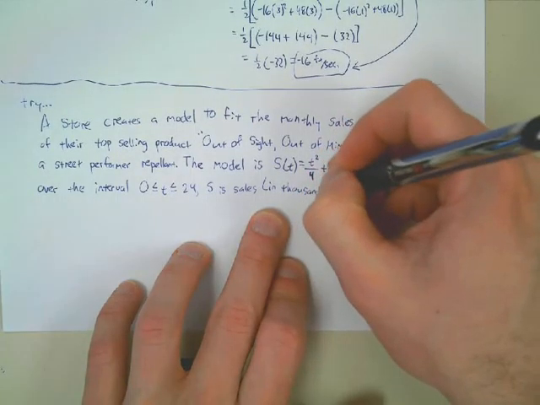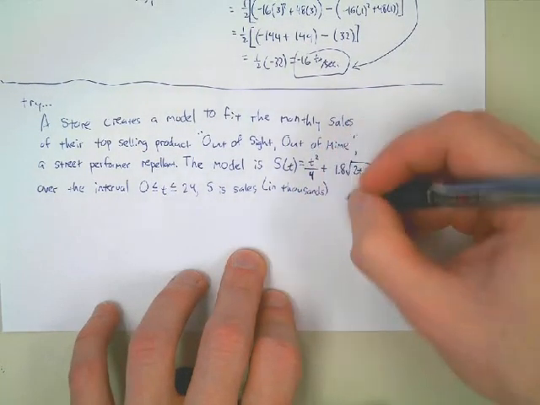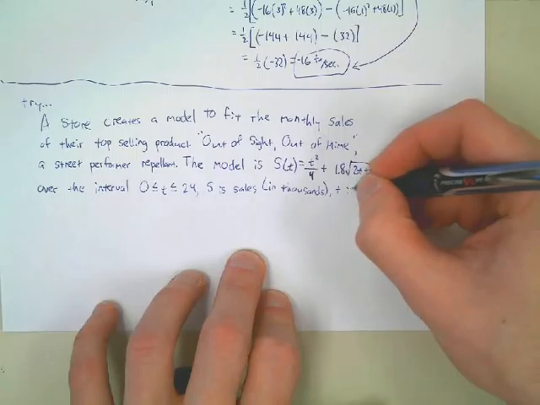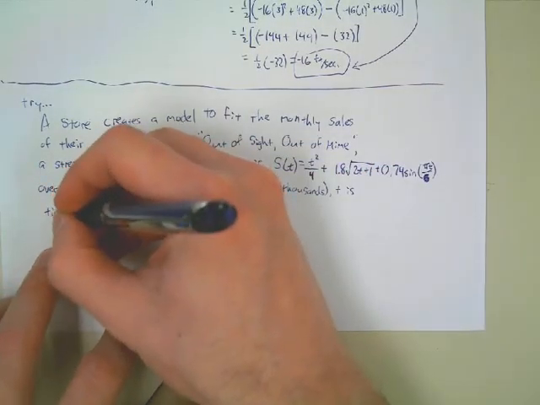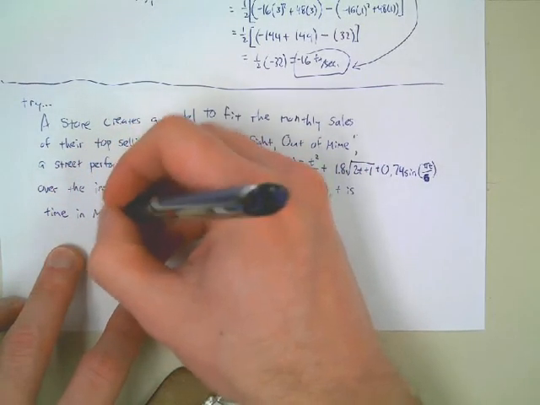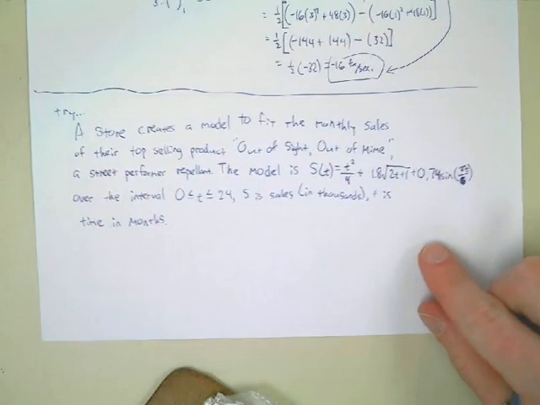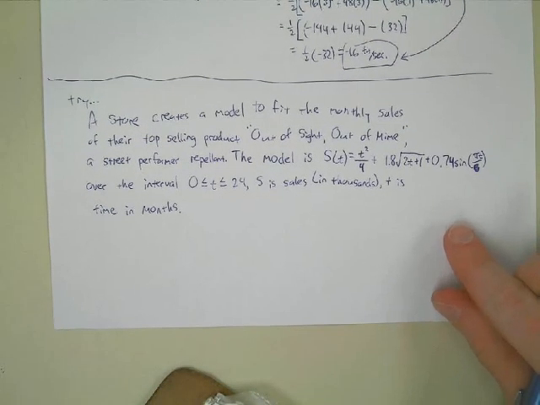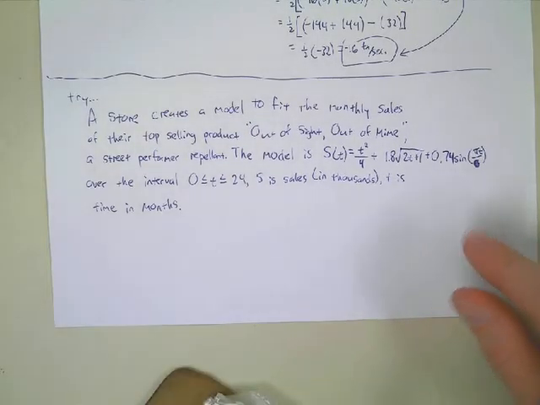T is time in months. Sorry, I didn't do a very good job. I'll rewrite the function up on the board too, because I didn't write it out very well. Okay. Find the average sales